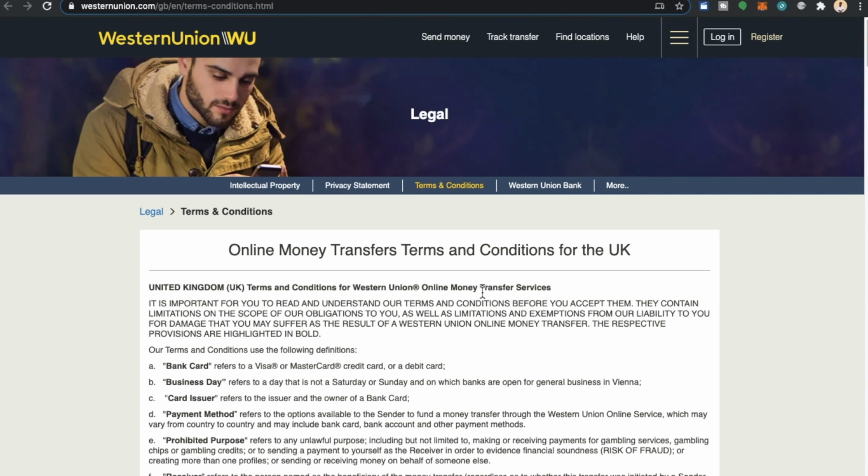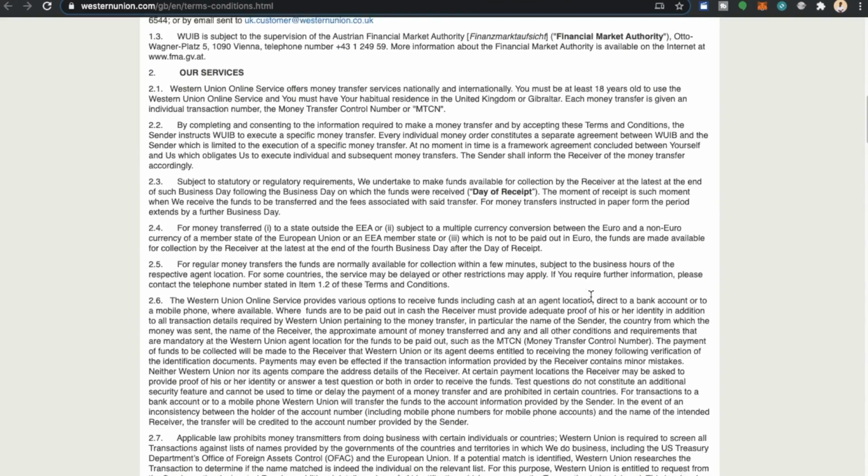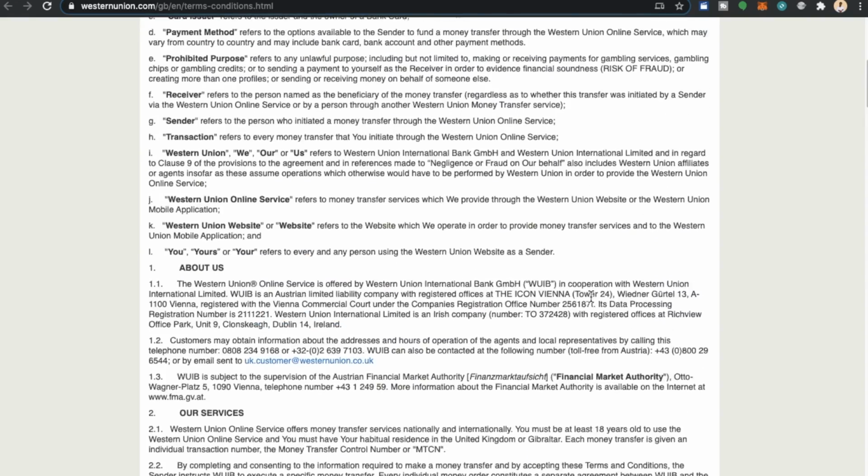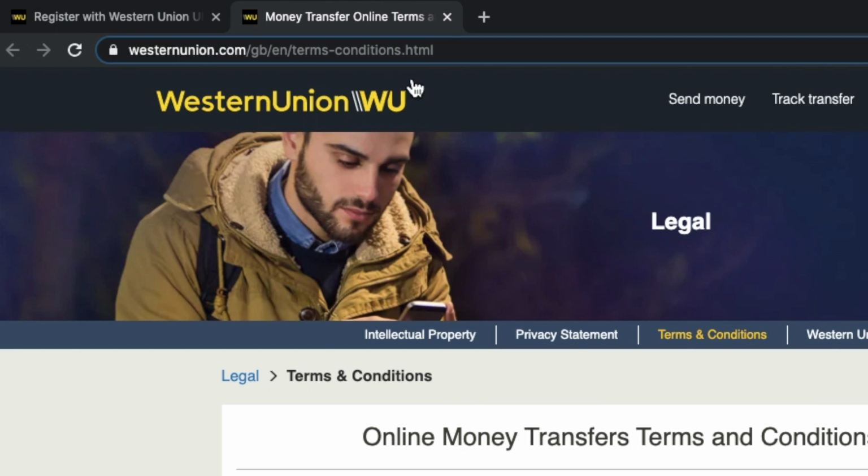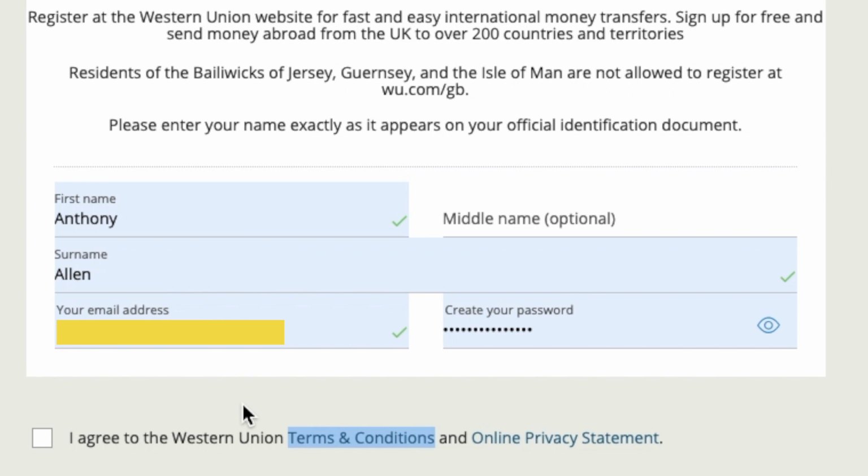Terms and conditions may vary due to your territory, as of course laws change with territory. You can scroll through and read the terms and conditions. When you're happy, you can close the tab or keep it open for reference. Once you've agreed to these terms and conditions, or if you wouldn't need to look at the terms and conditions